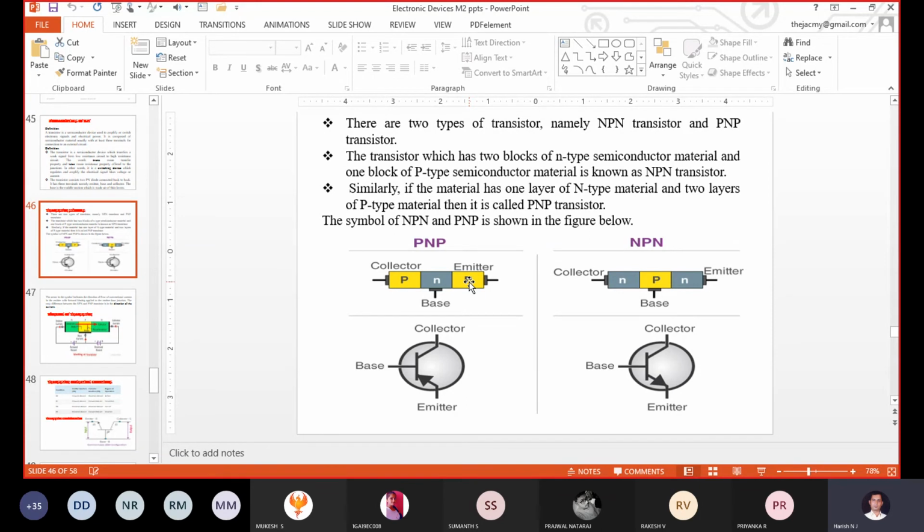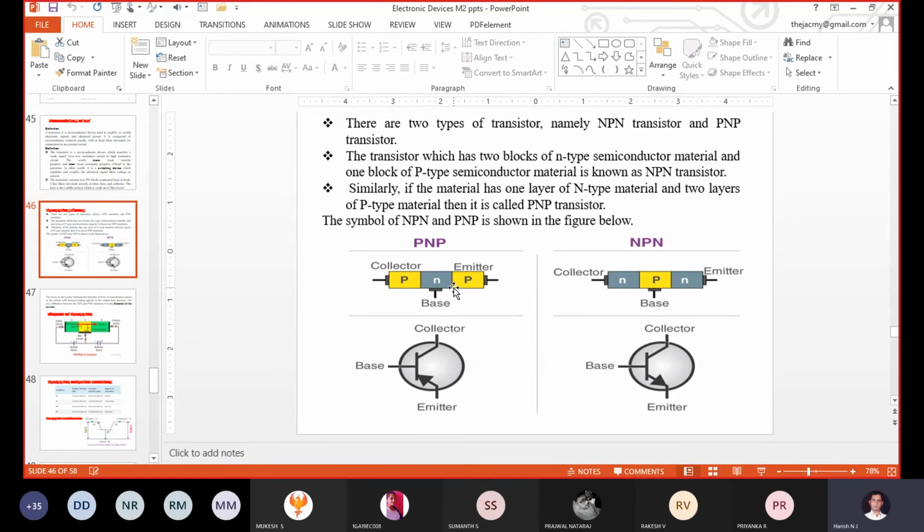At the same time, the information we are already aware of, which we already discussed in the previous first module as well as in the second module, the same concept we are using for analyzing the transistor also. Correct. The diode concept has not gone anywhere. Even to analyze this junction, we take the diode concept.